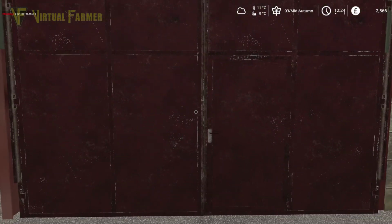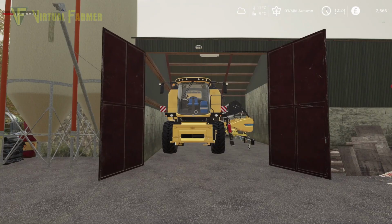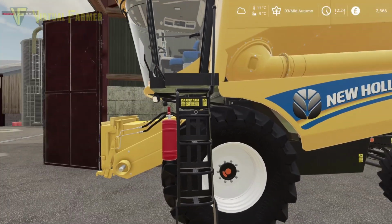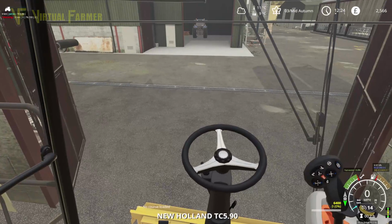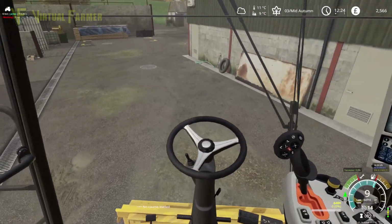It is September the 5th and today, finally, we're getting this piece of kit out and getting started on the harvest. So, yeah, this is our brand new combine for this season. This is our TC590 and we are going to be getting this out and we're going to start on field 7, which is our